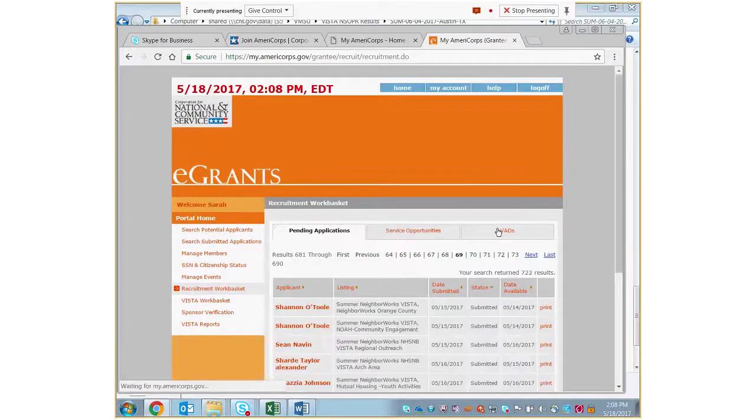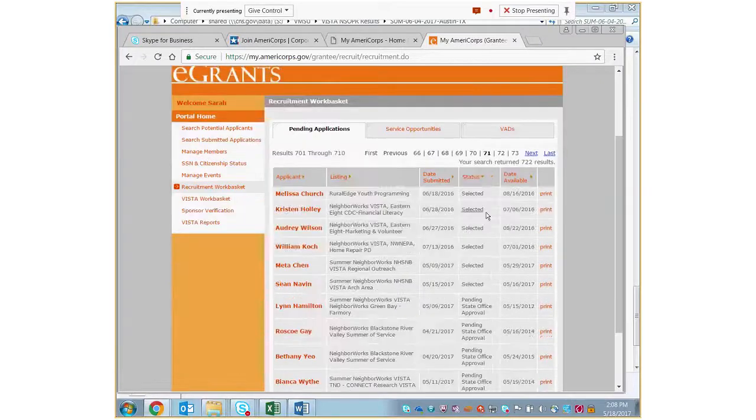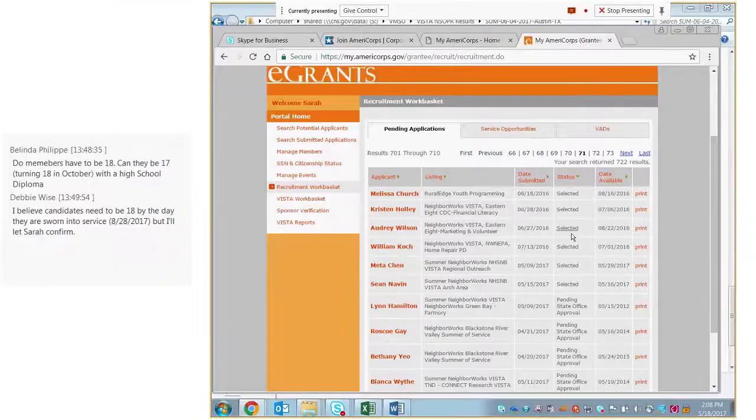Some of the other statuses that you're going to see, we're going to try and find some of those. You're going to see that there are people who are in the selected status. These individuals you have selected, meaning you are the ones who have said, I want this person to serve. When it says that they've been selected, they have not yet gone in to accept their position.